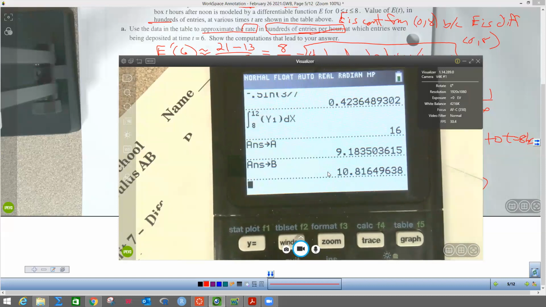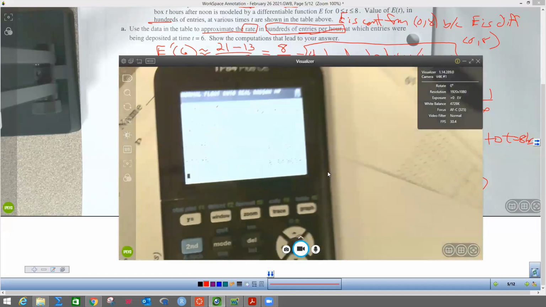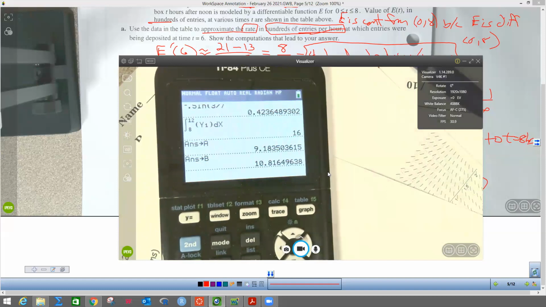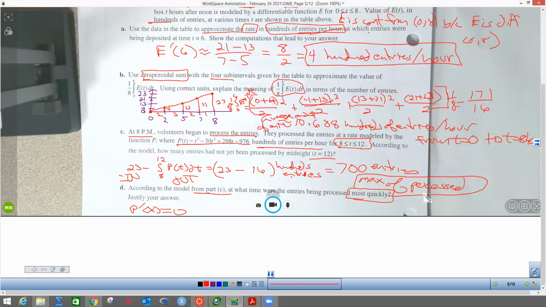Okay, so those are my 2 critical numbers for P prime. So what I'm going to do now is get out of my calculator for a couple of minutes here. I'm going to make a T-chart because I want the absolute maximum being processed. My critical numbers occurred at P prime of x equals 0 at